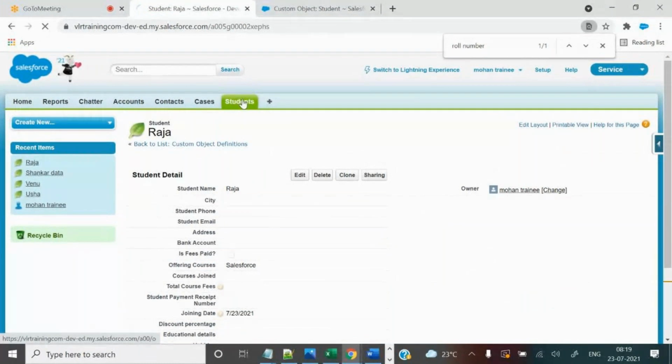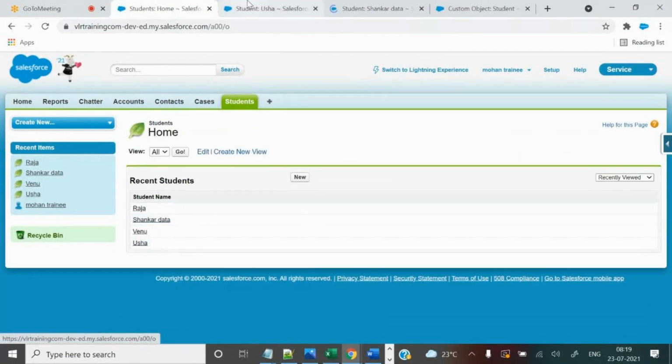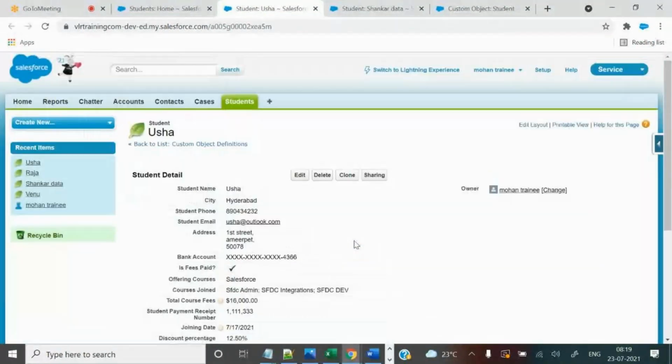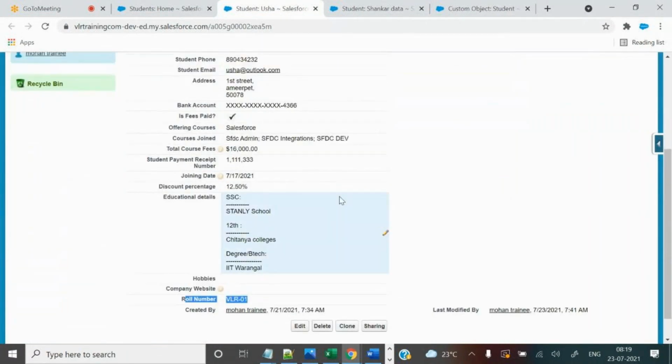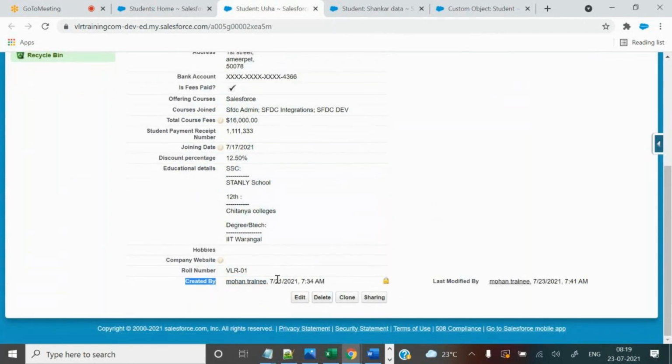First, which record was created first, Usha or Shankar? You can see here, Usha's record was created first. So how does the system calculate which record is first or last? Because the created date and time are there. Based on the created date and time it calculates, and based on that it adds 1, 2, 3 like that for the existing records.